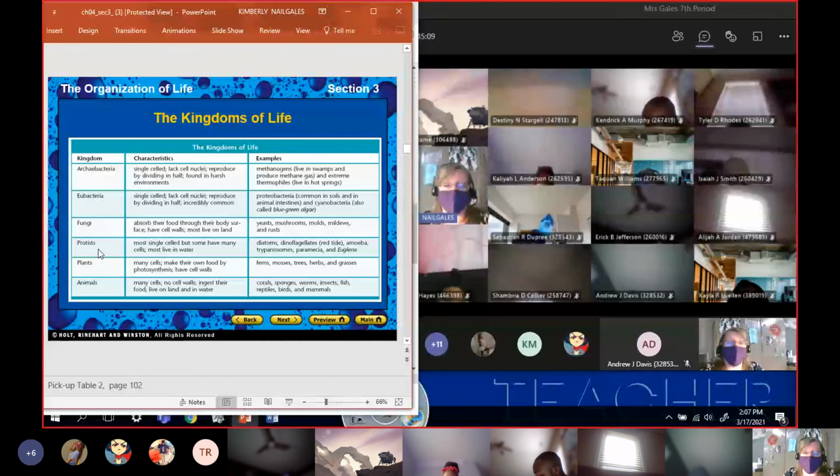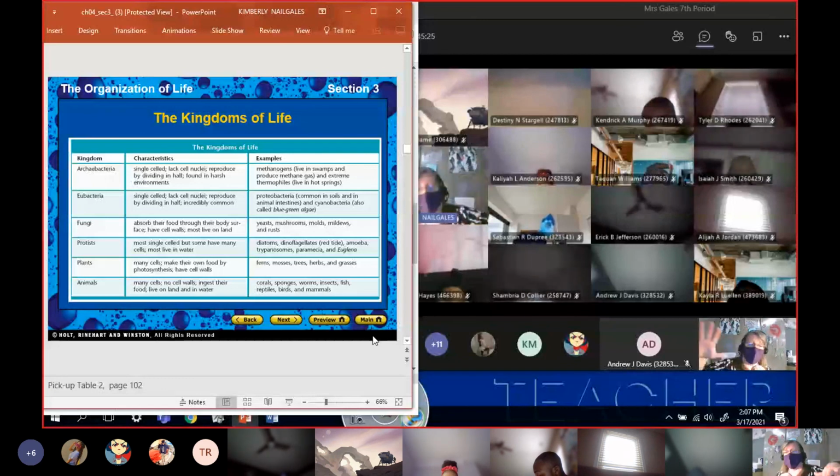All right. Now we're moving down to Protist. Protist is the next category. And think about when you are categorizing your trading cards. All right, you got your animal box where you're putting those animal trading cards. You have the plant box where you're putting the plant trading cards. You now know that you have the bacteria cards. And